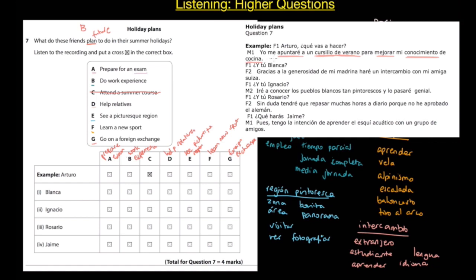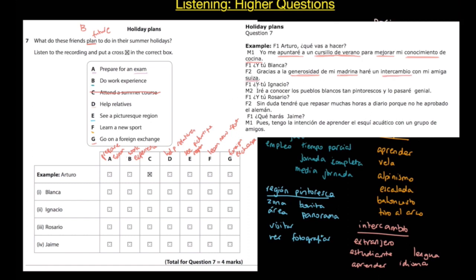So we don't need the example, but this example in particular has quite a lot of interesting vocabulary that might help you in your exam. So let's have a look at Blanca. Blanca is down here. So Blanca says, gracias a la generosidad. Generosidad is generosity, okay? It's a cognate. If you see it written, it's clear, but the problem is, can you identify it when you hear it? Not so sure. Gracias a la generosidad de mi madrina, madrina is a godmother, haré un intercambio con mi amiga suiza,